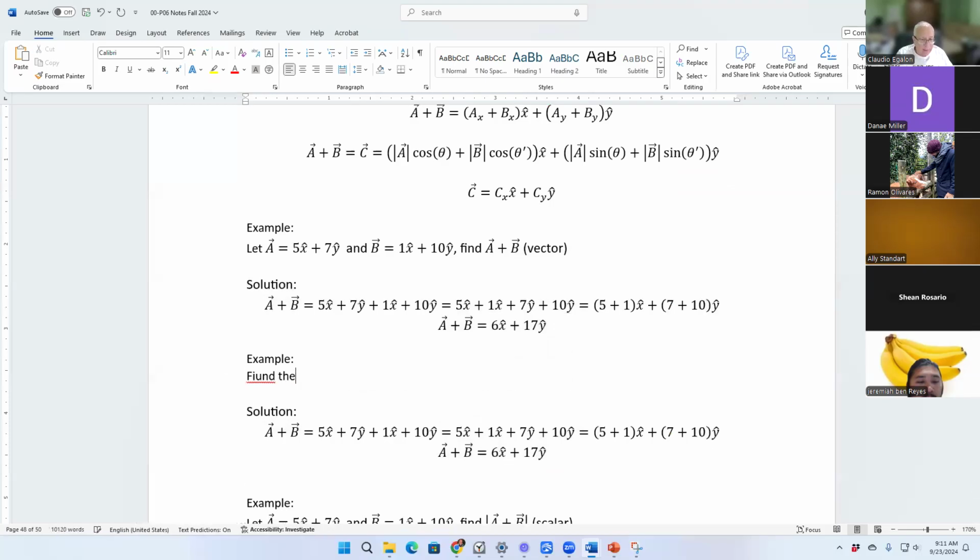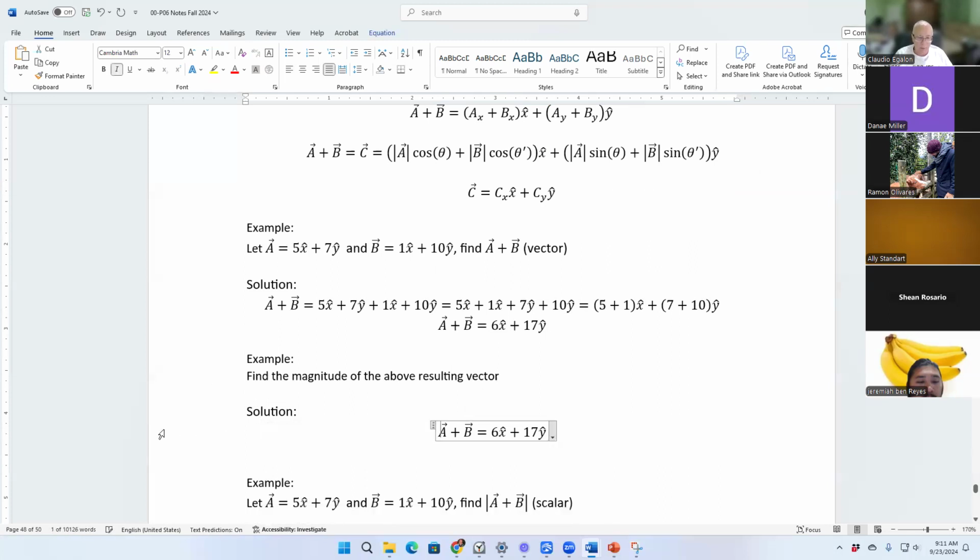Find another example here. Find the magnitude of the above resulting vector. So I know that the vector can be written down like that. And now we want to find